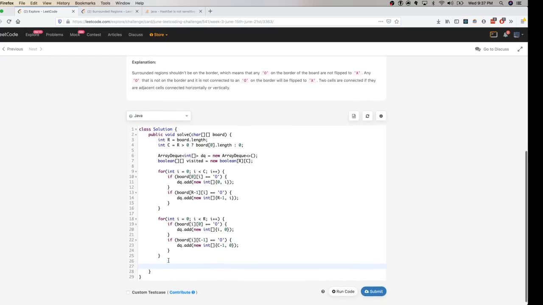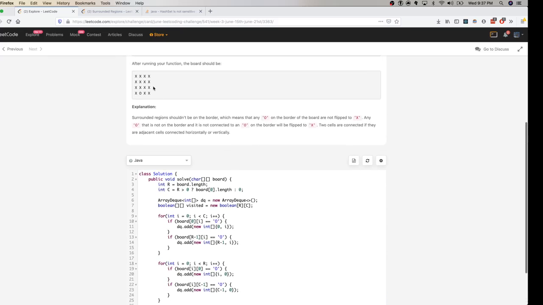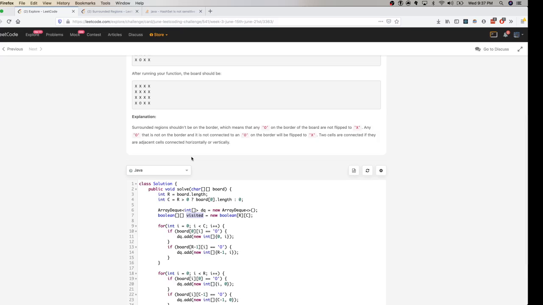Once you record those elements, what I would be doing is converting the whole grid to all X, and then iterating through whatever values we have previously recorded in our visited set and changing those values to be O's instead of X. So that's the idea behind this approach.